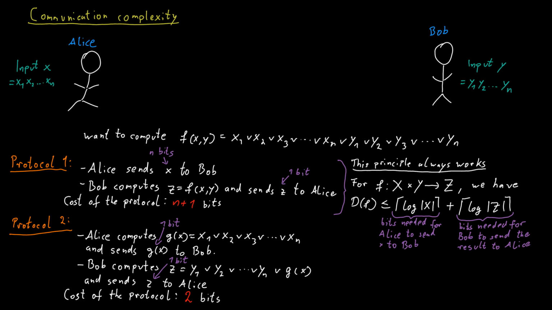And in fact, in this particular case, the cost of the protocol is independent of the input size. It doesn't matter how many bits Alice and Bob started with. You will notice that this is a drastic improvement over what we had before. Our naive protocol used n+1 bits, and now we only need 2. So sometimes it really pays off to be a bit more clever. Of course, this was a very simple example, and you might say, who cares about computing an OR function and so on. But we can have more interesting examples where it's also not so easy to come up with the right answers. So that's what we're going to be doing next.